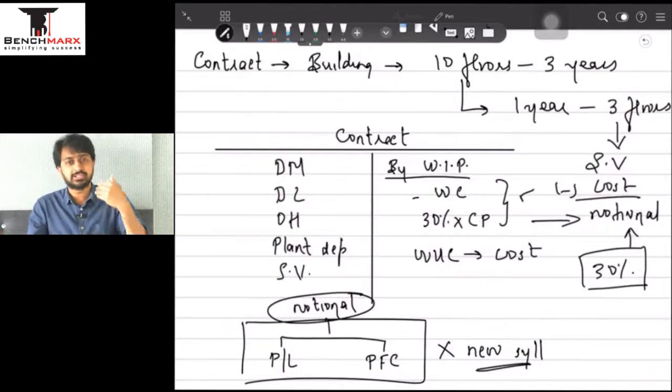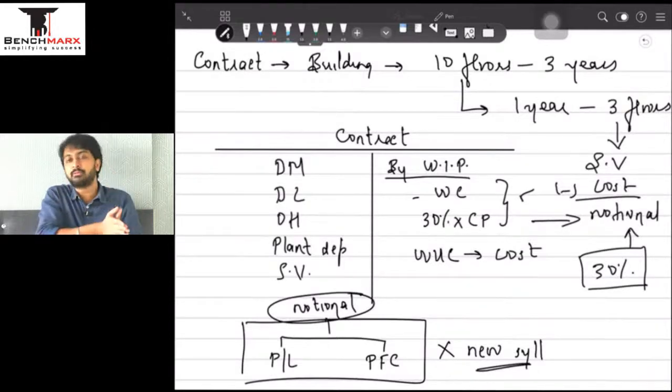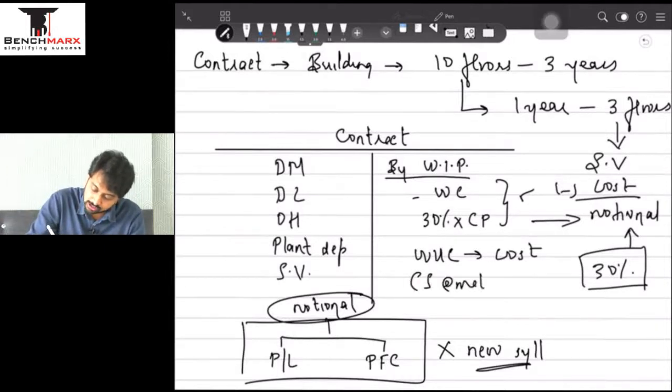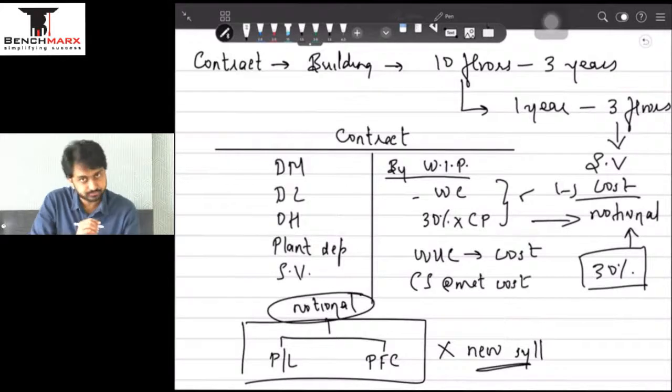Sometimes you purchase or issue some materials towards the contract, but some materials are unconsumed, and that stock can also come here as closing stock of materials, and obviously it will come at cost. बराबर. Sometimes the question may mention that some materials were destroyed or lost by theft. That is more like my abnormal loss.